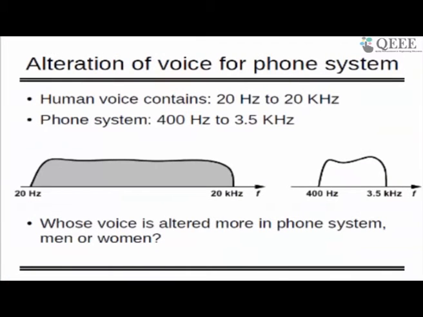This is one example I took from Behzad Razavi's book. It's interesting, and I want you people to read it. So what is he saying? A human voice contains 20 hertz to 20 kilohertz. So the left side is human voice. It contains men, women, both, and our BSNL phone system is from 400 hertz to 3.5 kilohertz. That's a band. Now, if my 20 hertz to 20 kilohertz signal is going through the channel called 400 hertz to 3.5 kilohertz,